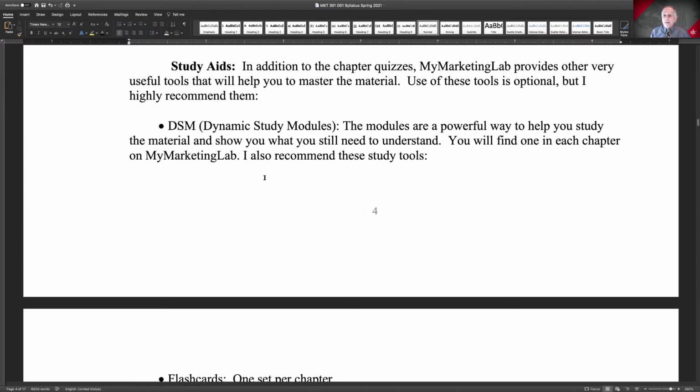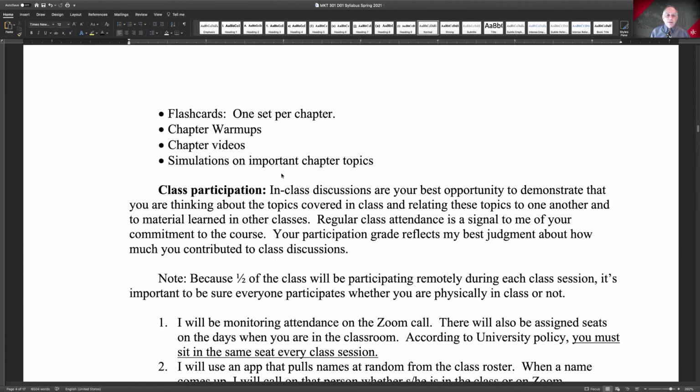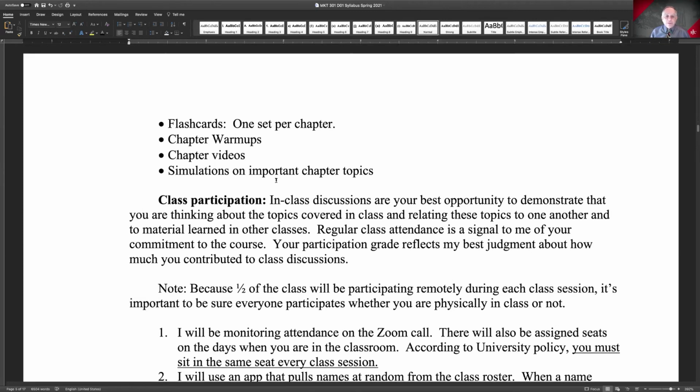By the way, an outline of the notes of the PowerPoint slides that I'm going to be using in lectures is also available in My Lab under Files. So you won't see a lot of the examples that I use, like advertisements and so on, but you'll see most of the text that's there, which means that you don't necessarily need to write down everything that I'm saying as I'm lecturing.